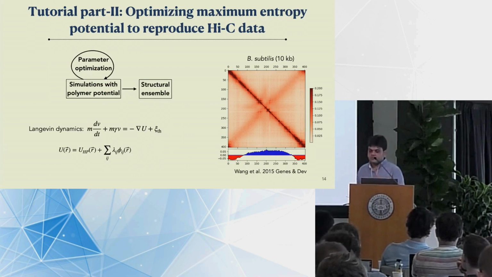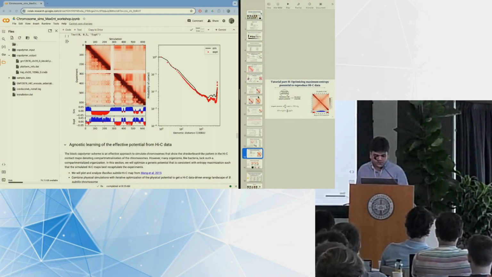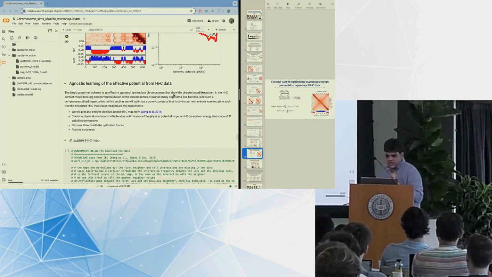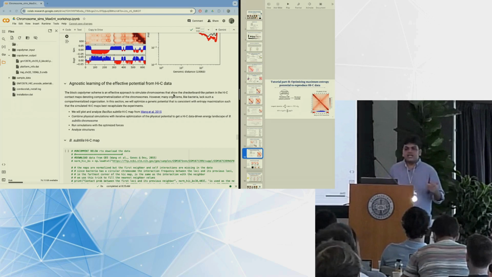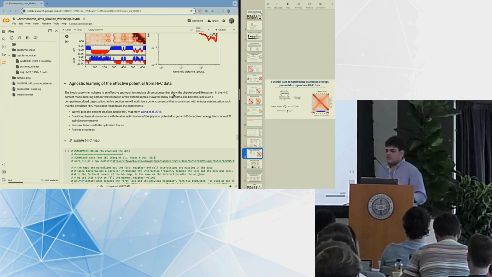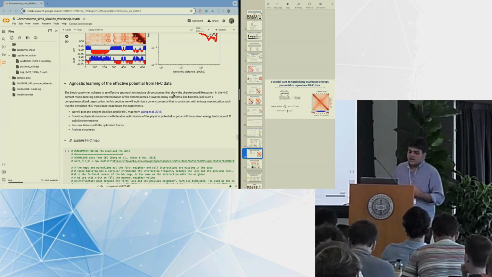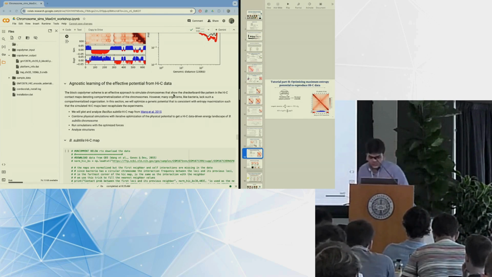So back to the Colab notebook. Okay, so this is what we call agnostic learning. We're learning the potential without any underlying assumption other than whatever we decide to be the null hypothesis. Here, the null hypothesis for us is the polymer. You can define a different null hypothesis and still do the same procedure to learn. So we start with this. We get the data